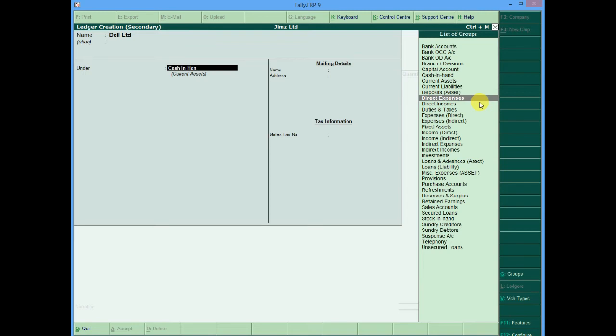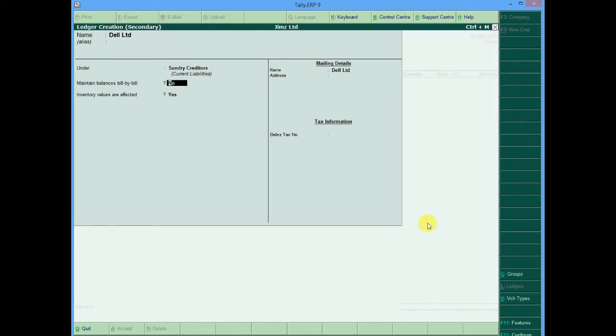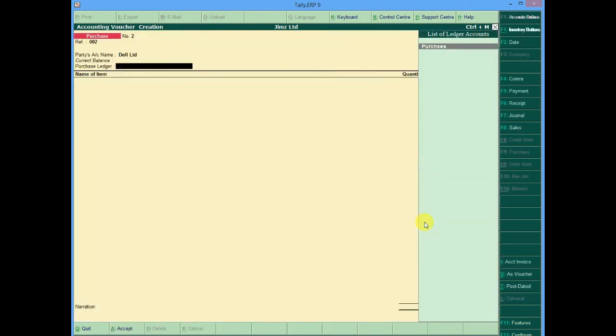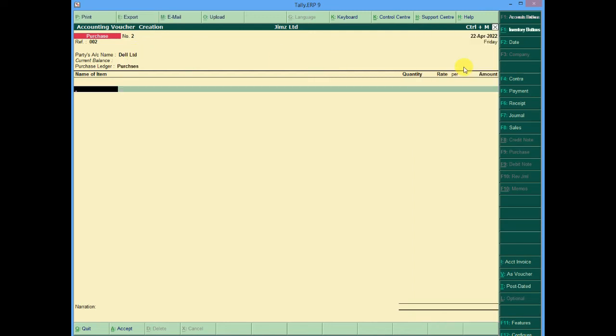This deal is supposed to be our sundry creditor. So we could come down here and we click in. We've been through all these steps in our previous videos. So enter. So up here now you see that Dell has been created and is linked to our purchases account,